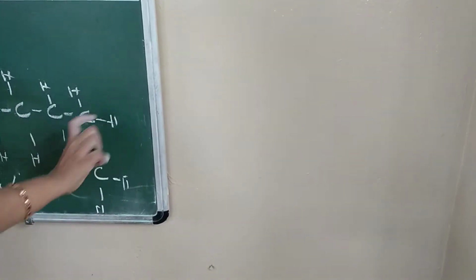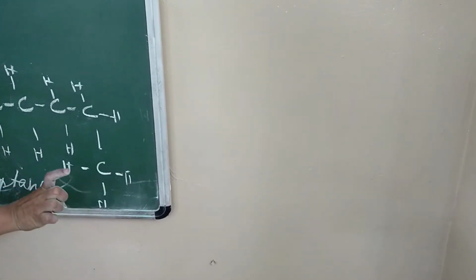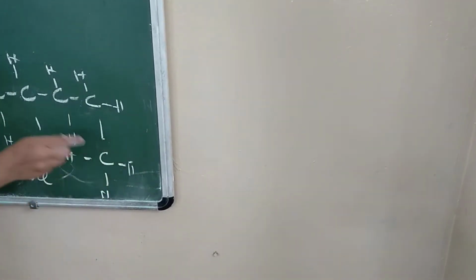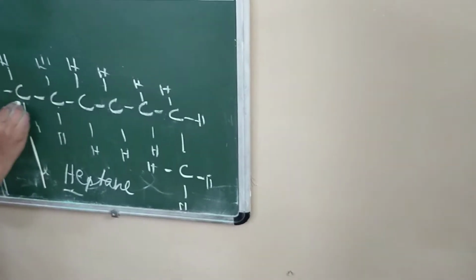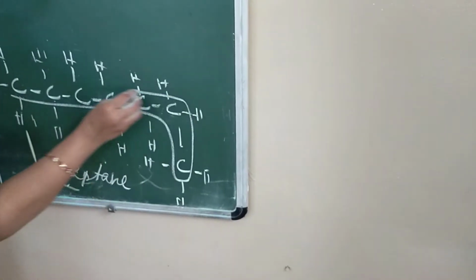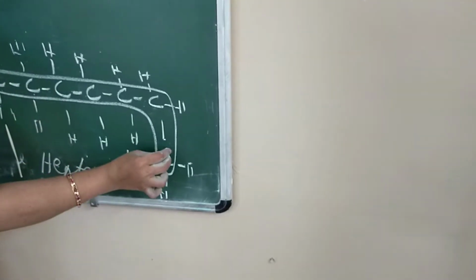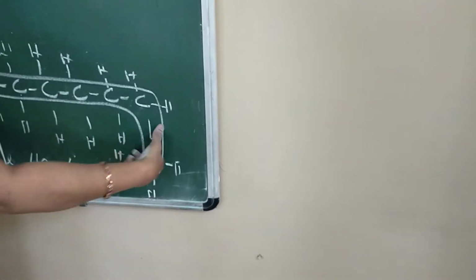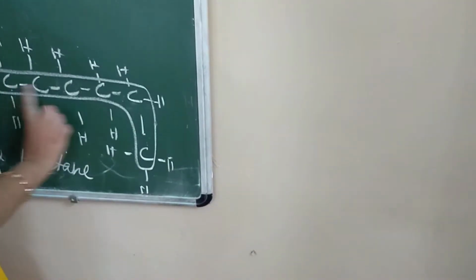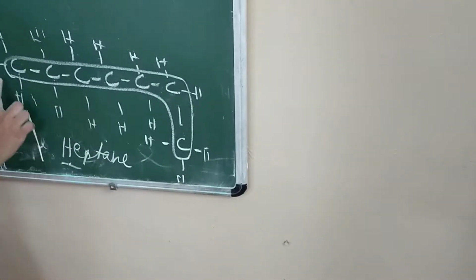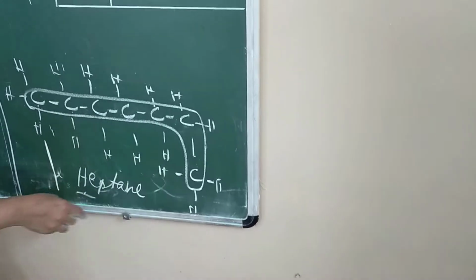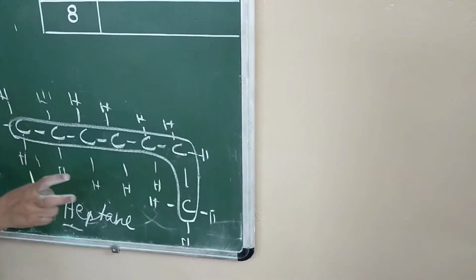Instead of that straight line, slightly I have bent it, that's all. I didn't break it. If you break it, the name will change. Now also this is only a straight line. Correct? This is not a branched one. And if you keep it in a straight way, it comes as a straight line. This also comes under straight line only. It's only a bent structure, that's all.